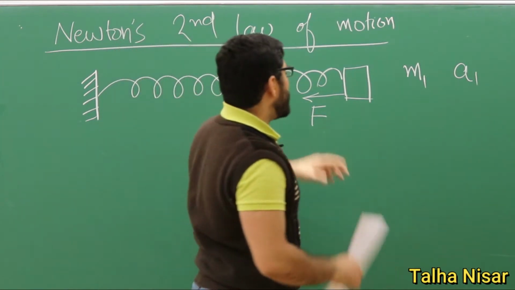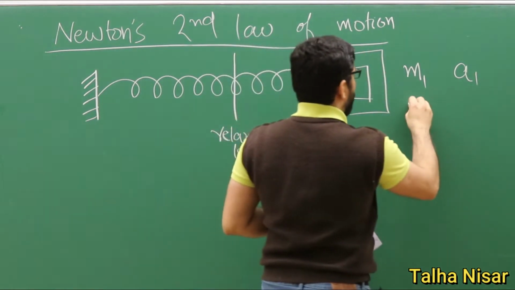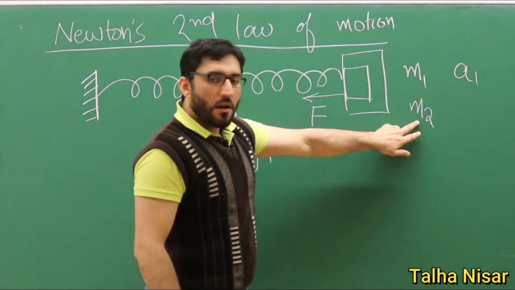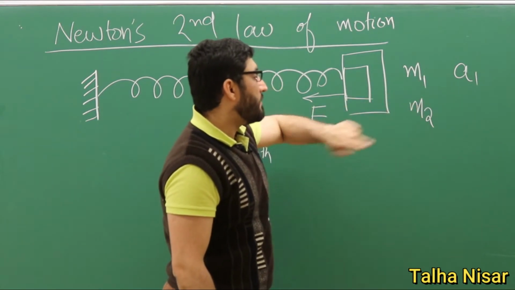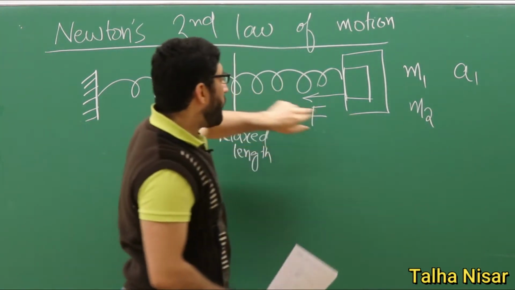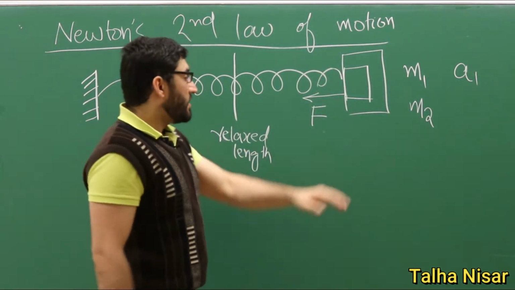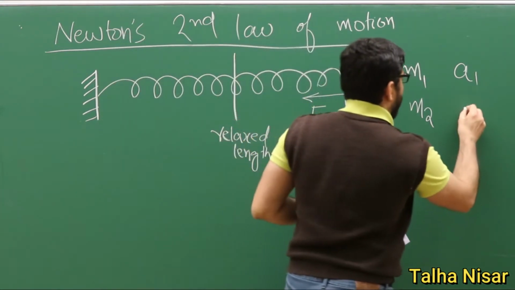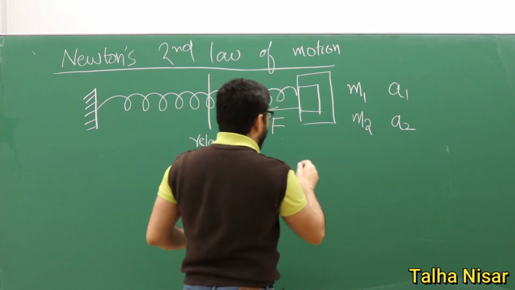Now we replace this mass with a bigger mass, for example, and we call it m2. Since m2 is bigger than m1, the acceleration will be different, and this force is the same. The spring doesn't know what is on the end of the spring. This force is always the same. The spring is the same. So a2. Now it is an experimental fact that